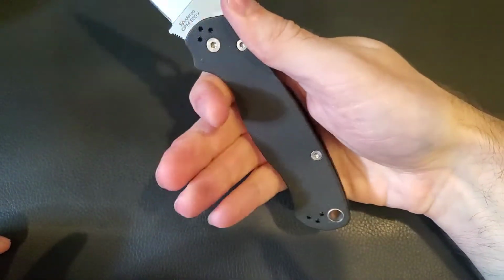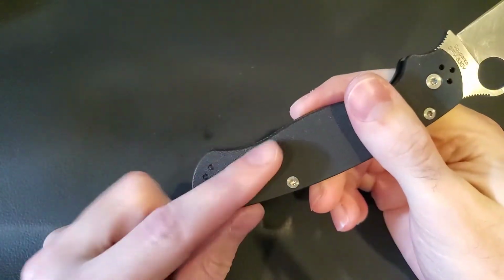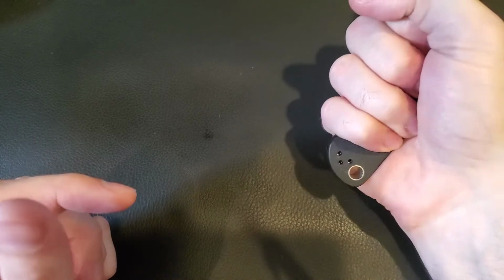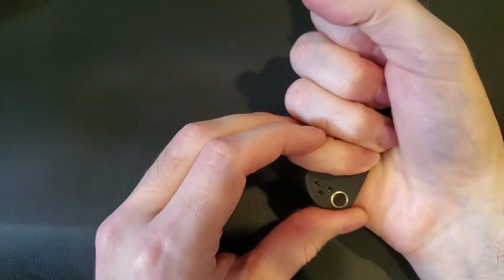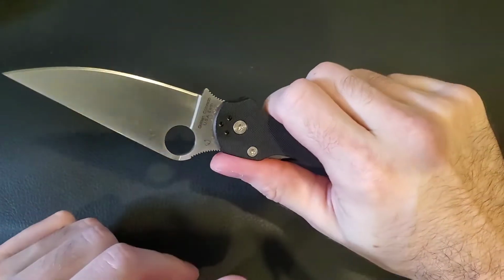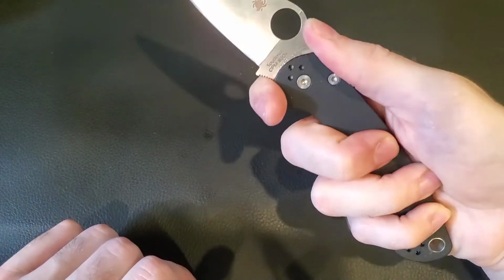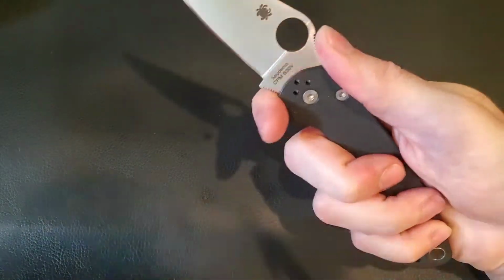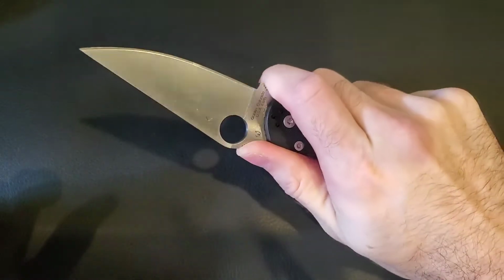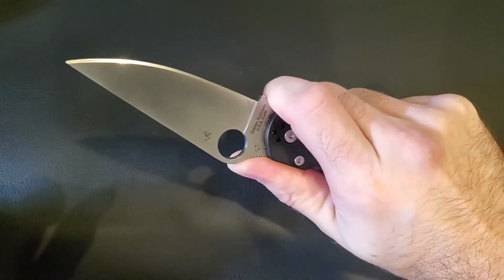Some people love this. A lot of people love this, actually. I can get behind this little upswept portion here. A lot of people like that because it helps you keep your grip on the knife and it stops your pinky from slipping down. I agree. That's very nice, and it works out. This finger choil, however, is something that a lot of people praise. And again, it's good. I like the fact that I can choke up a little bit higher on the knife with the finger choil, but